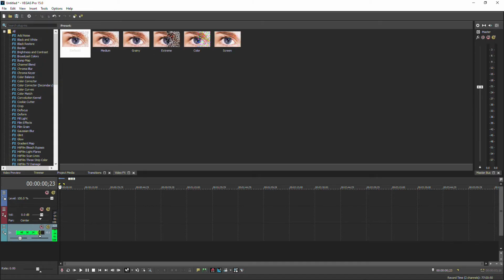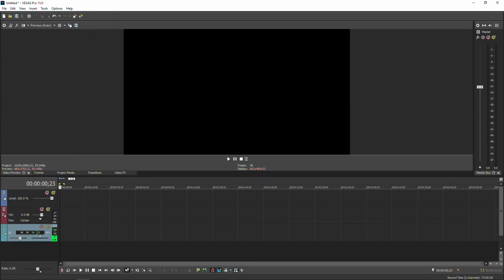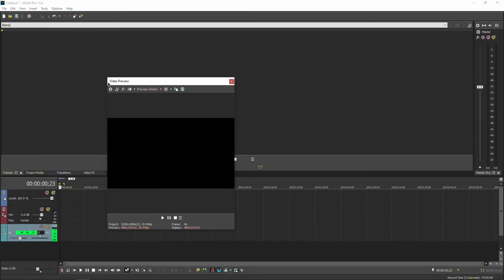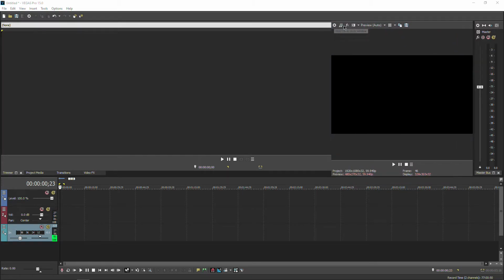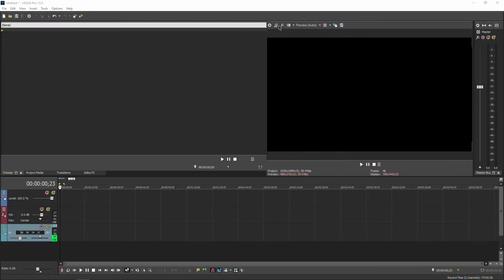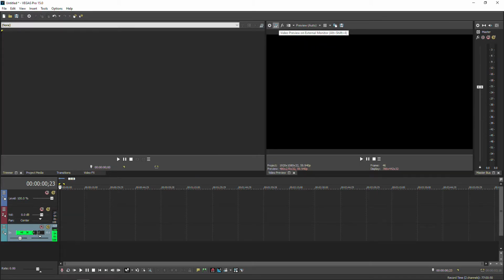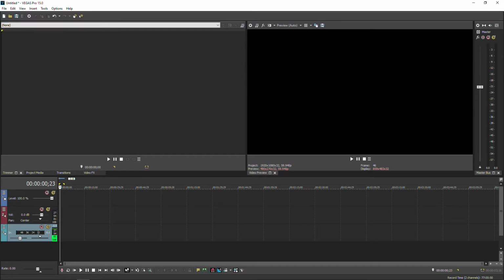Right now, if you want to add an effect, you can't do it for some reason. If you hold Ctrl and left click the video preview, it will pop up. So you drag it to this place, hold Ctrl, remove the finger from the left button, and that's it. You have it, it's here. Make it however you want.